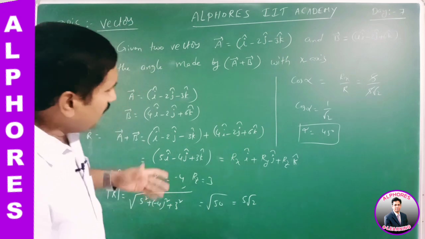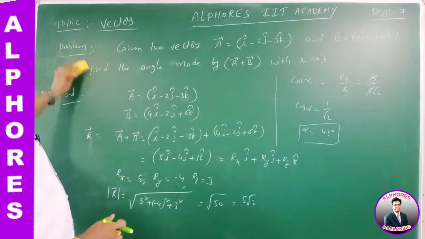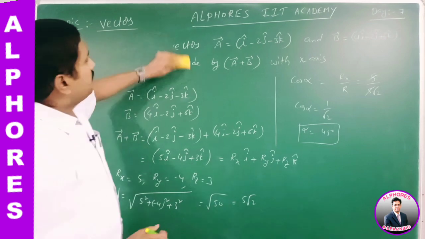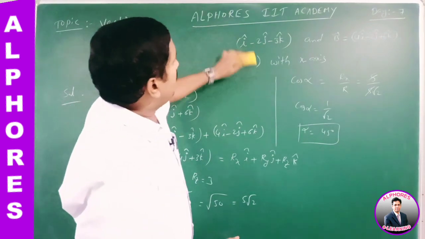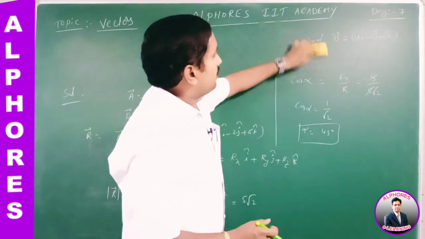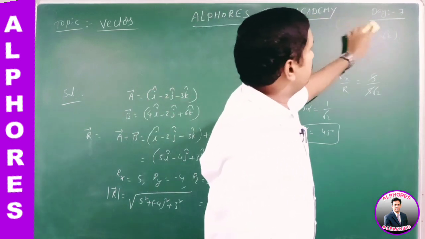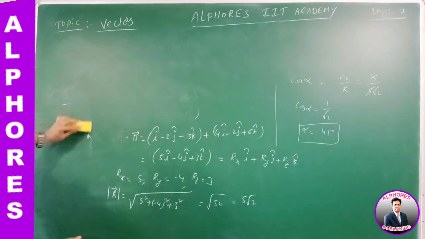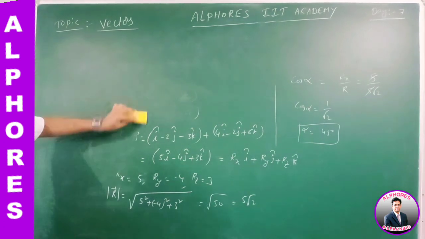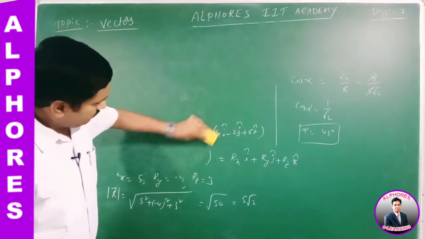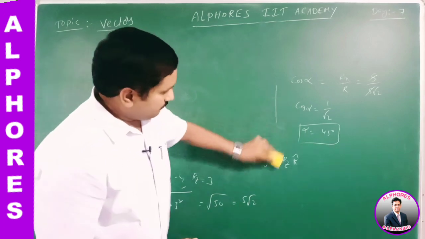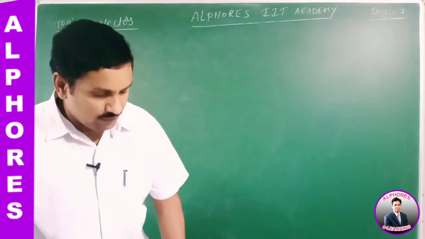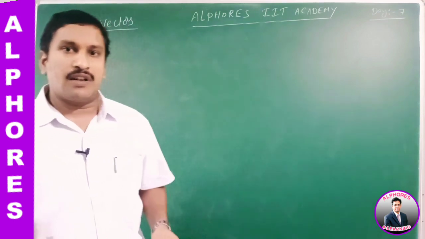Now in the same way, I have to give one more problem based on the directional cosines. After that I have to discuss the rotation of vectors. Please write down this, students, all of you. These problems are very important, which are related to the resolution of vectors in 3 dimensions.